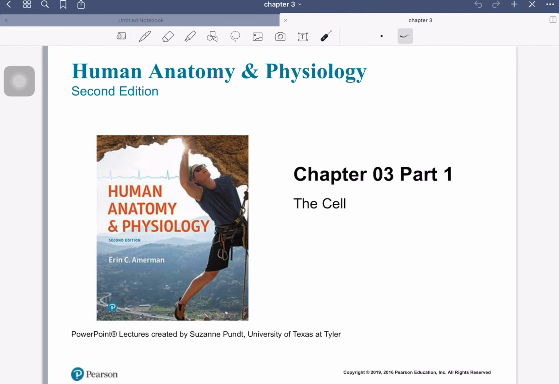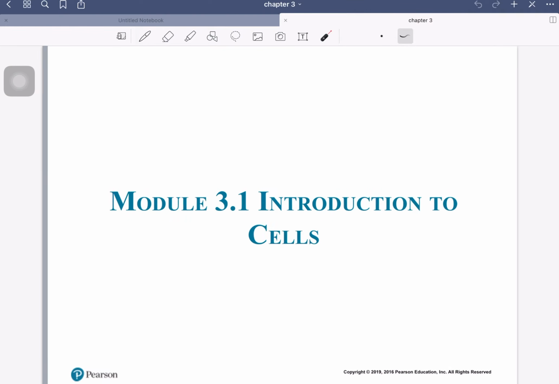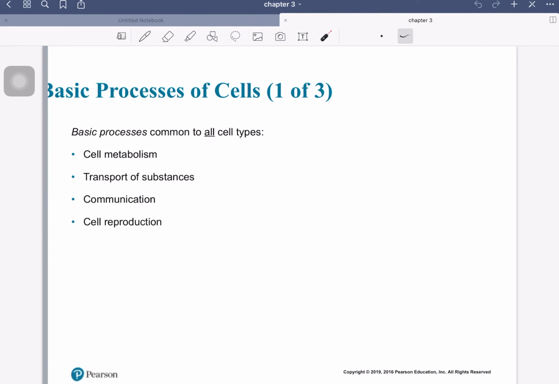Welcome to this chapter, or the start of this chapter. We'll be looking at the cell. Many of these things will be very familiar to you because you've seen them in previous courses, but it's worth walking through and talking about some of this. Now, when we're looking at the cell, we really can look at a number of features,